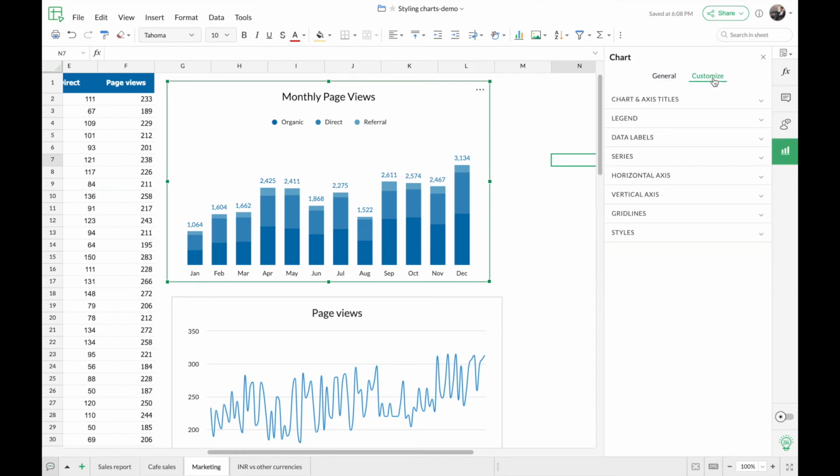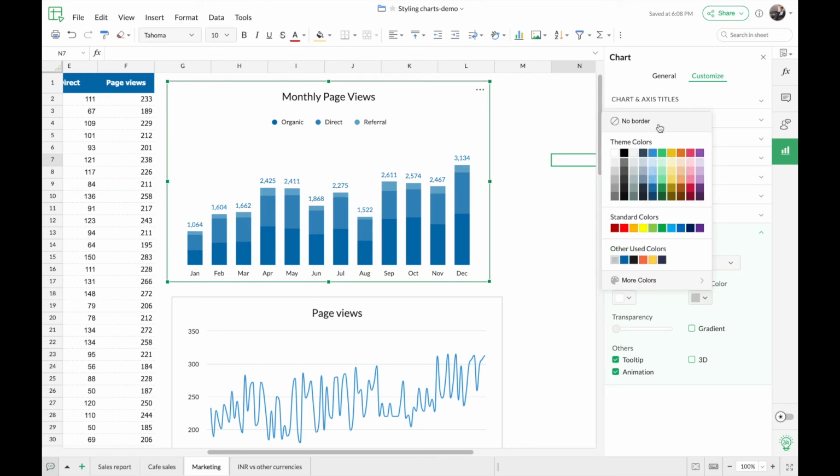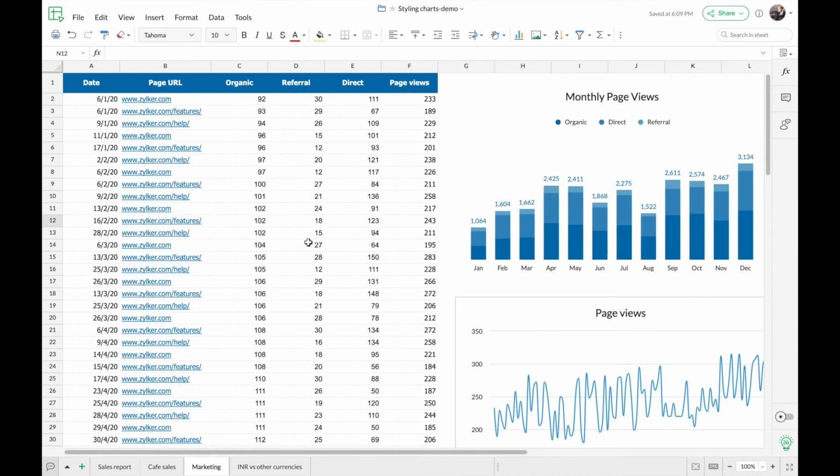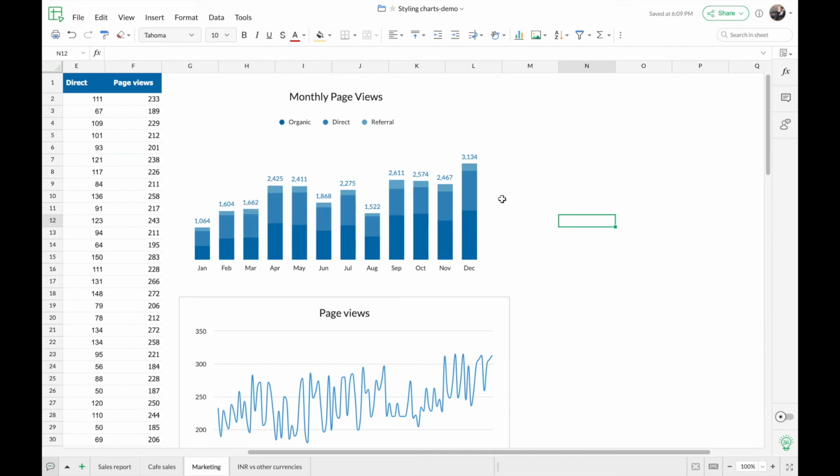So here under customize and styles, you can find an option called border color. By default, there will be a gray shade chosen. And here you can find an option called no border. So once you remove the border, you can now see that the rectangular shape or the border is not being shown here. So this looks even better when you look at it as a dashboard. So you can see that the chart looks embedded right along with the data, and there's no separate object field that is being shown here when you remove the border. So you can use this small trick when you are using a chart that goes along with the background of the spreadsheet as well. So now we have customized the stacked column chart.